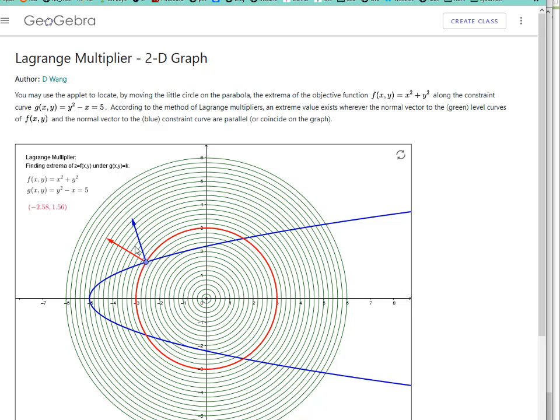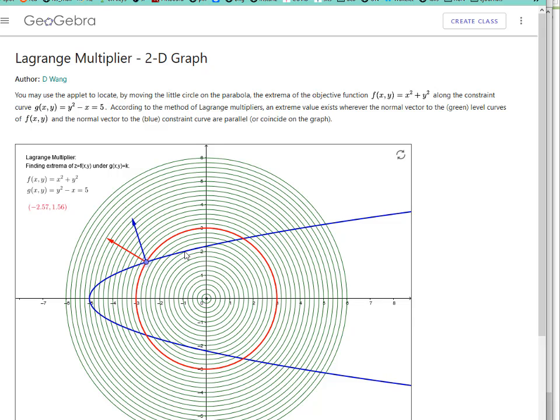As well as the curves, I've drawn here 2 lines. This line is the gradient vector of the main function, the green function, the objective function. And this line is the gradient vector of the constraint. So from this point here, if I move further along